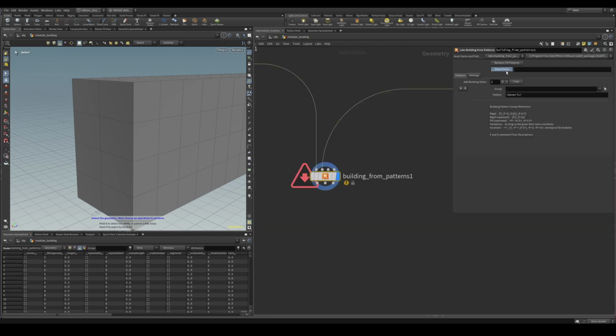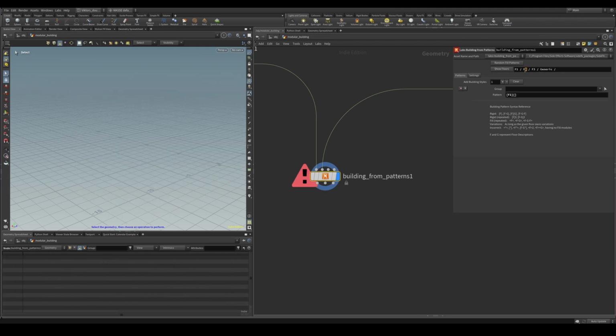So inside here I want to show floors. You can see I have my F1, and now I'm going to fill these modules. I want to one time instantiate my floor 1. That's going to mean that floor 1 is going to be inside square brackets. F2 is going to be also in square brackets. And F3 is going to be, and since the node always requires at least one of these fill patterns,